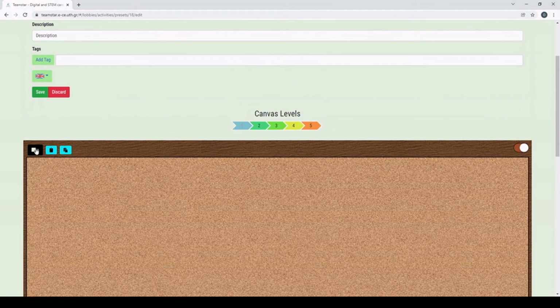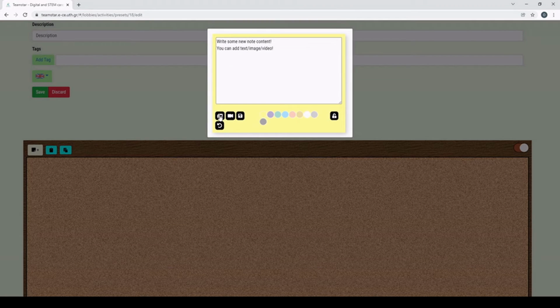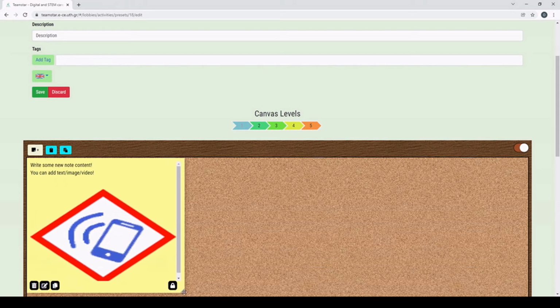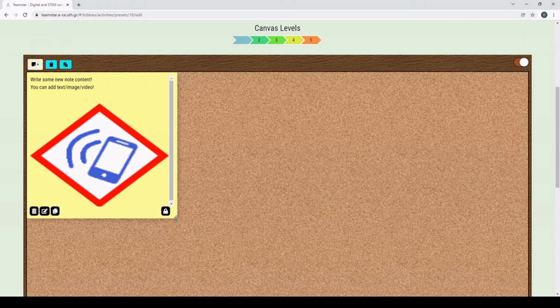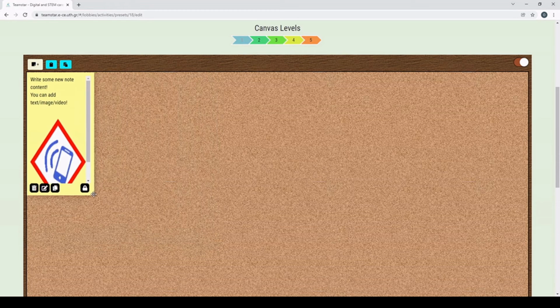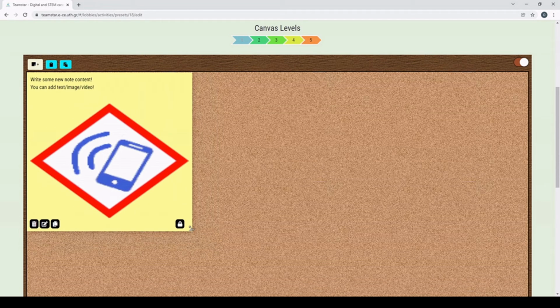I can also create notes with images by either selecting a file on my computer or entering here the URL of the image I'm interested in. Here I'm going to select this image on my computer, and I will redimension the note so we can see the image slightly more clearly, like so.